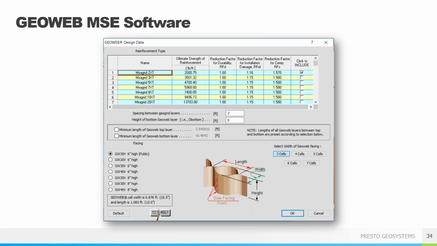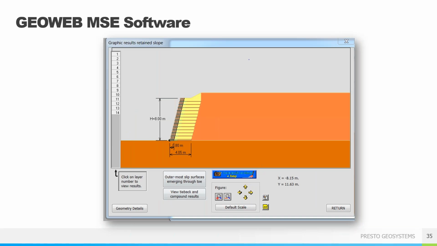As I mentioned before, we can do 6-inch or 8-inch deep GeoWeb panels. We have a library, I think up to maybe 12 or 13 now, of different types of GeoGrids. Most of our walls, we are only using a uniaxial GeoGrid because we really only need that strength in one direction. Here, it's going to give you options of picking the nominal cell size, whether it's a 30V, 10.5-inch nominal cell diameter, or a 40V, which is an 18.5-inch nominal cell diameter. And like I said, measured wall heights are usually 6 and 8 inches.